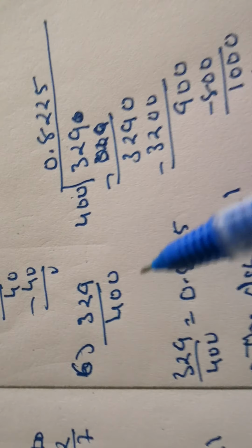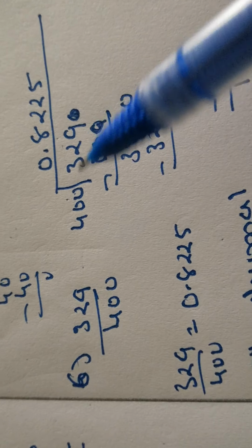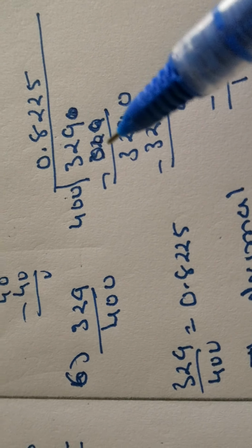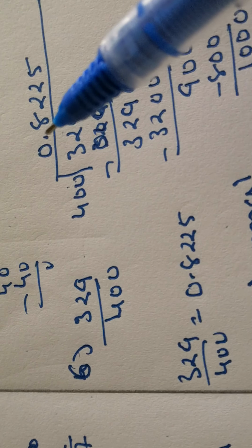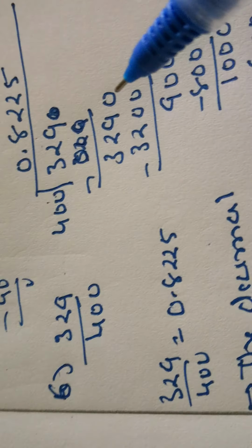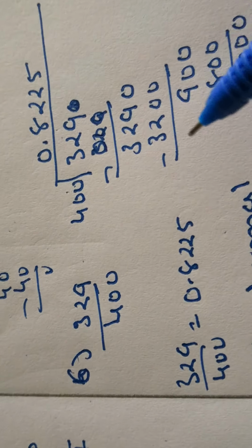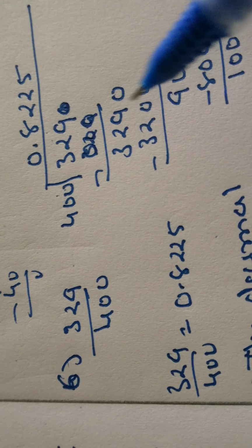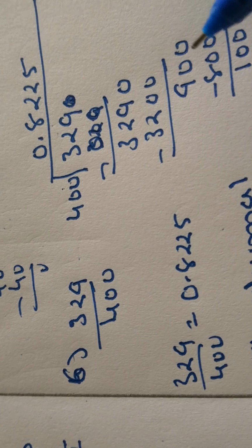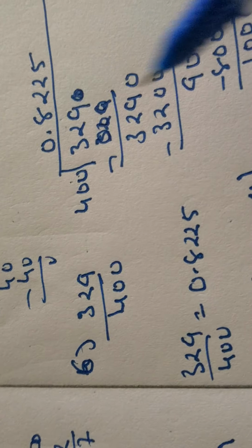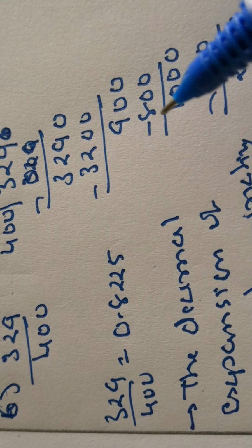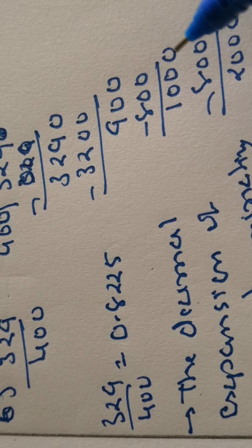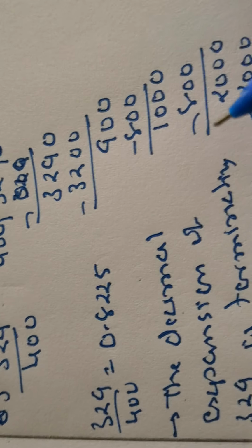329 upon 400. I have to divide 329 by 400. 400 zeros are 0. So I am going to get 329. By placing a decimal point, I am going to get 3290. So 400 8s are 3200. 90 is left. 900 I am going to get, as already we have kept a decimal. 400 2s are 800. 900 minus 800 is 100. 1000 extra as we have kept a decimal.